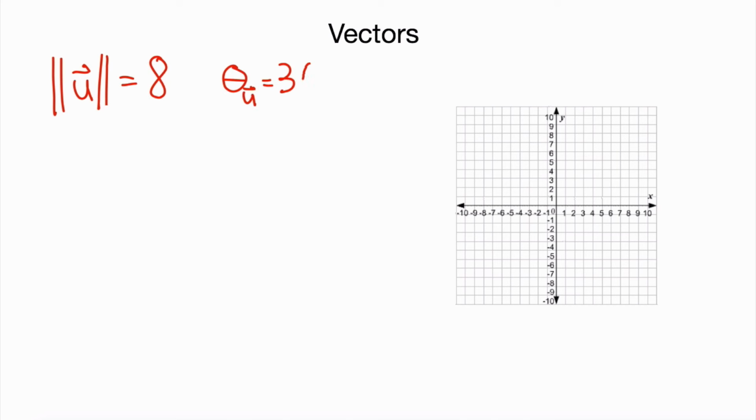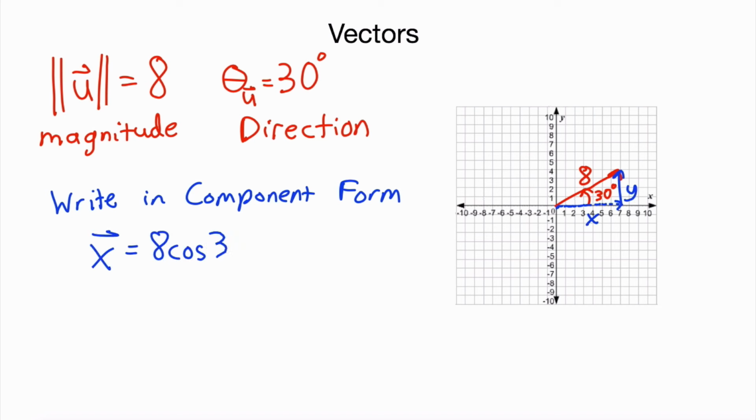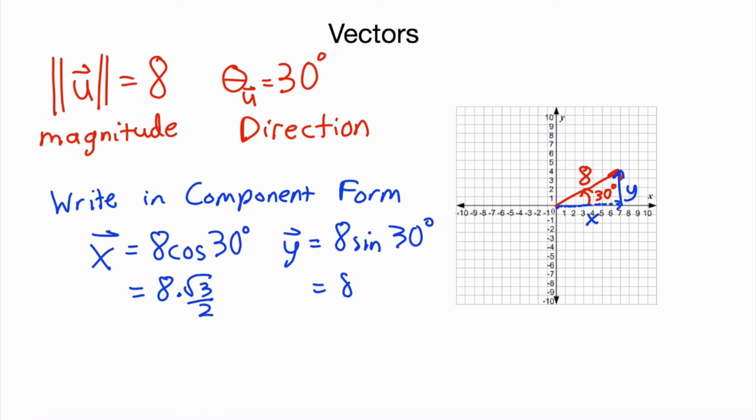Magnitude is the length of the vector in this situation, and direction is the angle from the positive horizontal axis. So I'd like to be able to write this in component form so that if needed I can do arithmetic with it. Break this up into a right triangle and understand that cosine affects the horizontal length and sine affects the vertical length. 8 is my scalar, and referring to the unit circle, my horizontal component is 4√3,